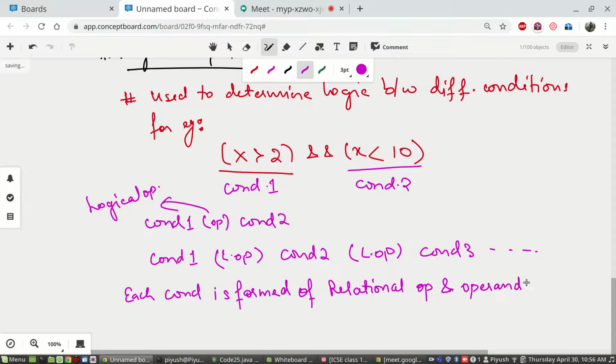Isn't it? Because you can see each condition is formed of a relational operator and operands, relational operator and operands, right?